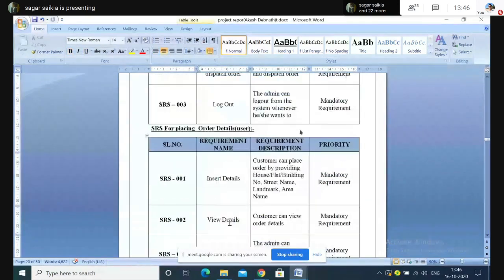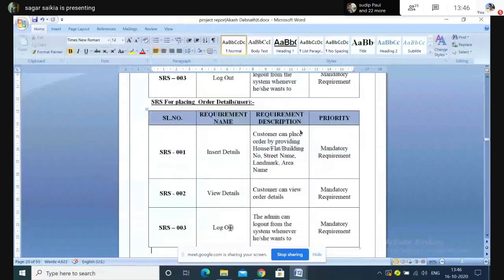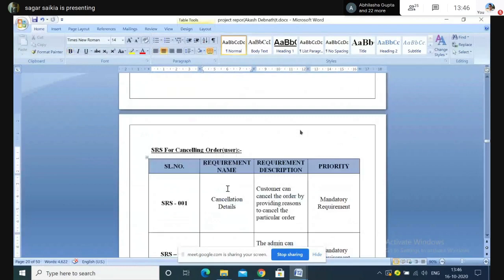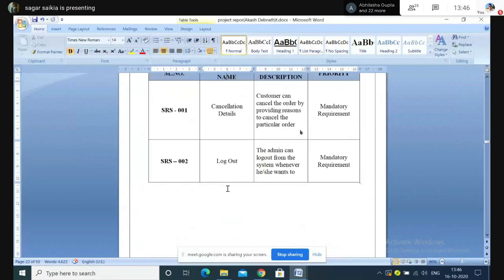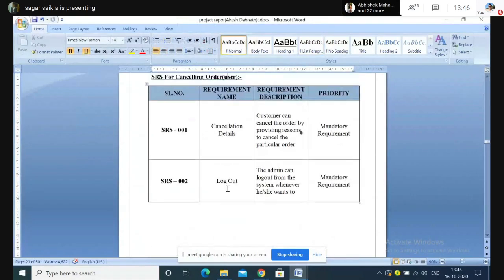For placing order details, basically the user will be viewing, inputting the details, viewing the information, and logging out. For cancellation, again, this will be from the user point of view. So he will be doing two things. This is only for canceling an order. So he will be performing the cancellation activity or he will be logging out.